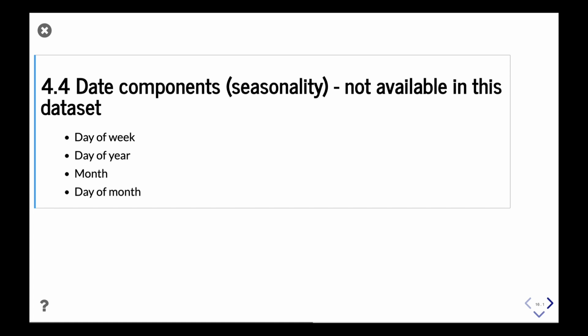We just have the number of the week. But if we had it, I would compute features like the day of the week, the day of year, the month, the day of month. And you can even go forward and actually put holidays and special promotion days since a new store opened. There are many things that you can add here, but what I want you to leave here today knowing is that you should create features that are date components. Simply a feature, a column, let's say, telling that today is day 0 of the week, it's Sunday, or it's day 1, Monday, and a tree model like we are doing here today will be able to capture the seasonality